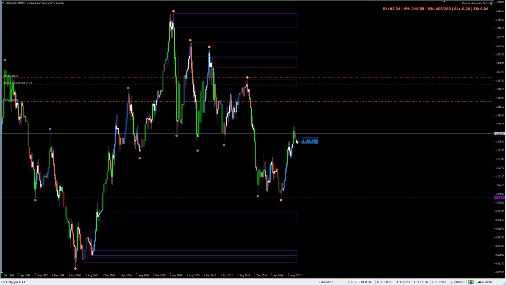So currently we have demand in control, and so price is likely going to wriggle higher for a period. We're probably going to move through this pretty easily. Then we have this one here. This is the origin of this move. So this is where we expect price to return to before we either move a little bit higher, but I think we're certainly going to have a reaction just up and around here. Okay,